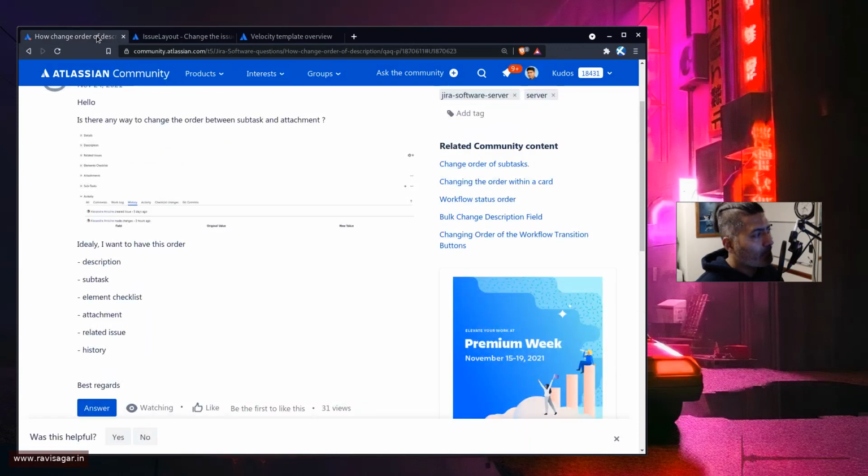But apart from doing those velocity file changes, this app is something that maybe you can try. Or maybe, just not do it, in my opinion, because changing the layout in Jira, people have been asking about it for a long time, but I don't really see a lot of instances where people actually modify the template, or I'm talking about the velocity file. I think the order is, of course, I can understand, sometimes you want to display things in a specific order, but if it is too complicated, then I think it is better not to do it, because it is just an order of those fields.